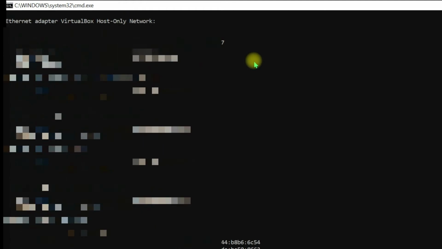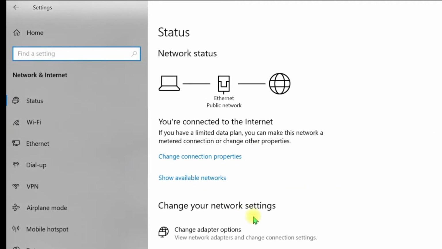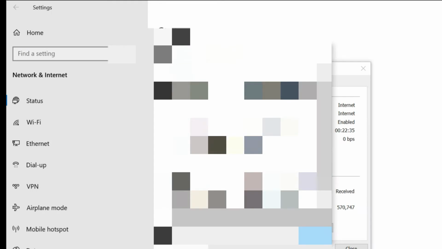I think none of us will navigate the user interface to know the IP address. But if we were to do this using the GUI, what we should do is right click on this, open network and settings, click on change adapter options and navigate to the details page, and then we will give our IP address. But using ipconfig, we got the IP address immediately.